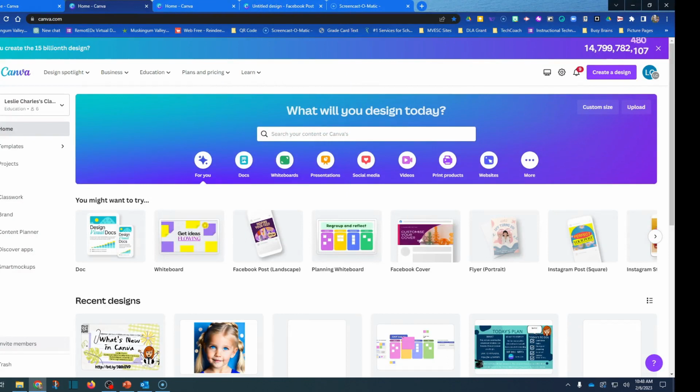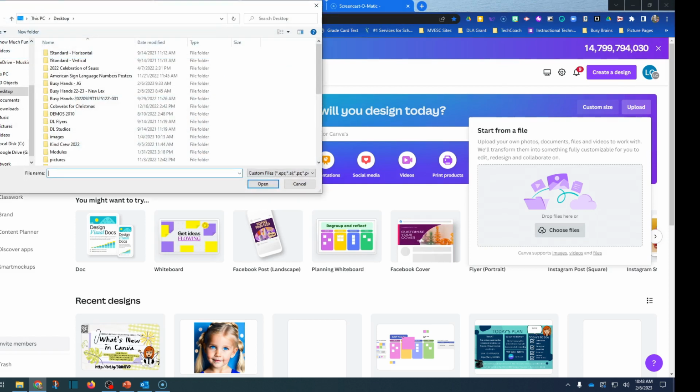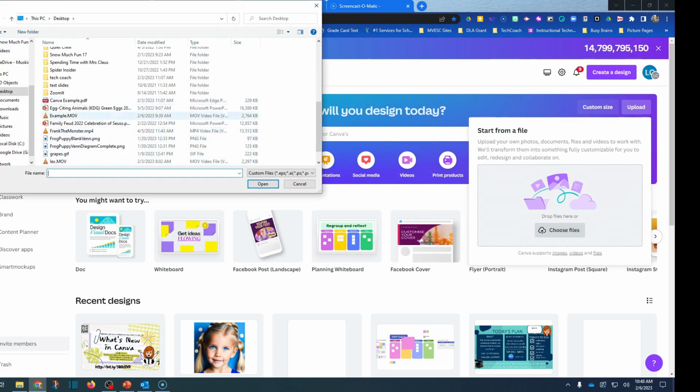Okay, so here I am at the Canva homepage, just canva.com, the main area. And I'm going to go over here to the left-hand side, and you can see in the corner it says upload. So we're going to just start there. We're going to go ahead and hit the upload. And then you get this box that asks you to either drag and drop files into this location, or I'm just going to simply choose my files. So I'm going to click choose files. I'm going to find on my computer, and I put one in here called Canva example. That is a PDF document. You can see it there. I'm going to click on that. I'm going to open it up.